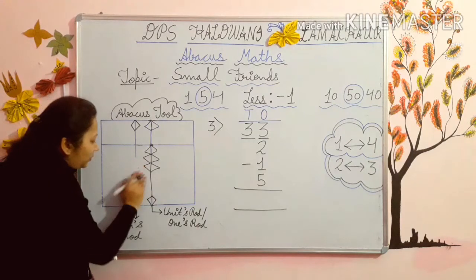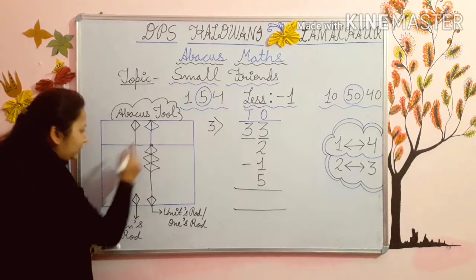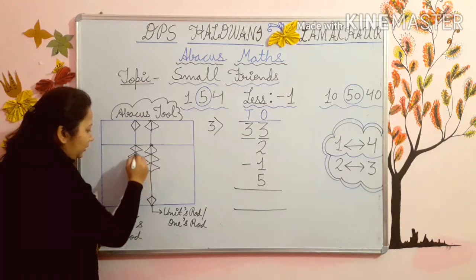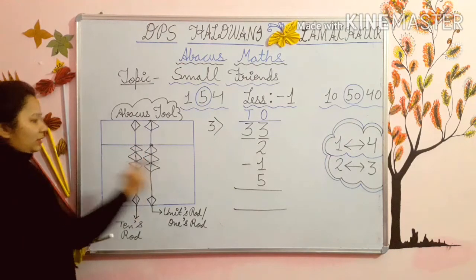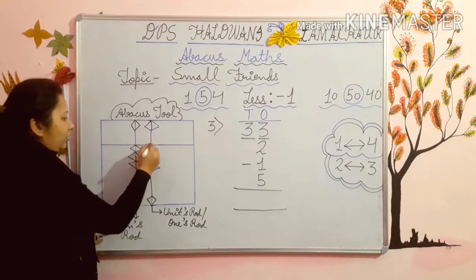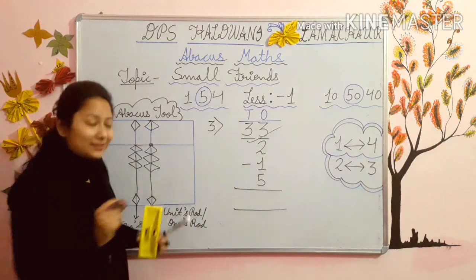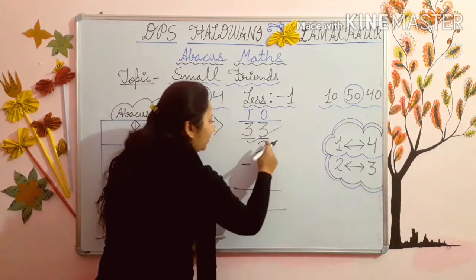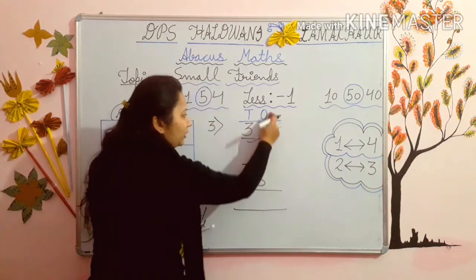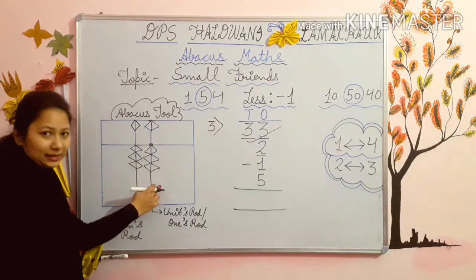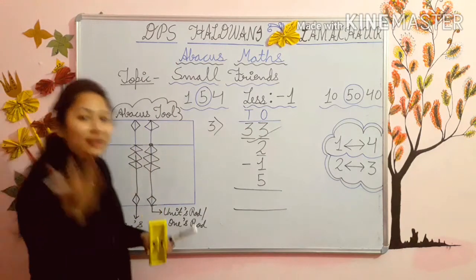Now the second, add 3 in 10's rod. So 3 means put the 3 beads up. 1, 2, 3. 3 in 1's rod, 3 in 10's rod and this is added. Now next you have to add 2 in 1's rod. See, 2 in 1's rod. Now 2 means you have to add 2, but you can see here kids that the bead is not there.